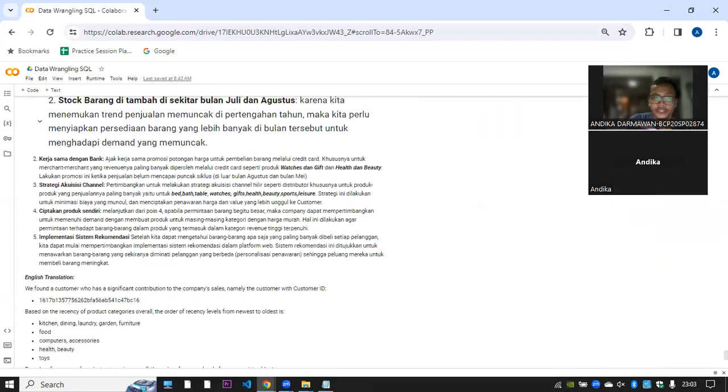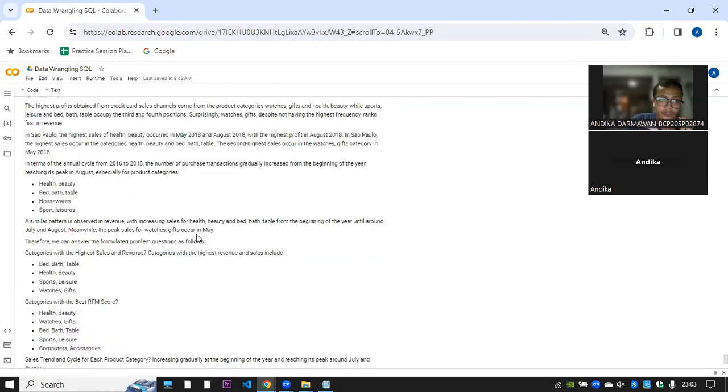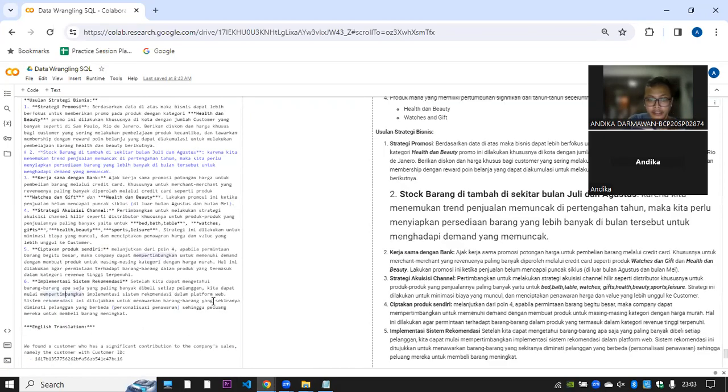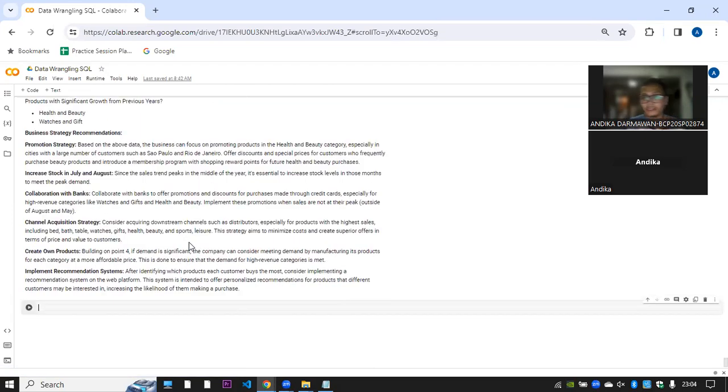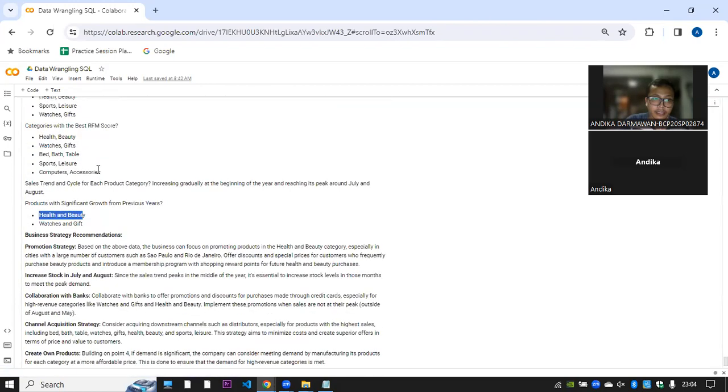And the conclusion of this project is that the most purchases come from one big city, and it's Sao Paulo. And there are two best products, the products with significant growth: health and beauty, and watches and gifts. From this understanding and these insights, with growth from health and beauty, watches and gifts, and the best RFM score still being health and beauty, watches and gifts because they have the highest revenue,